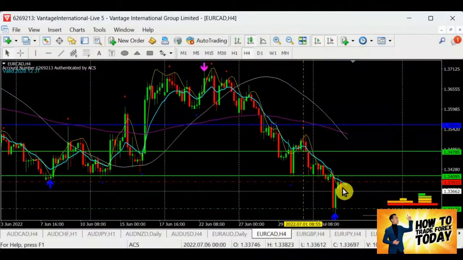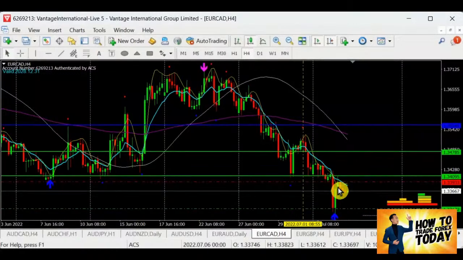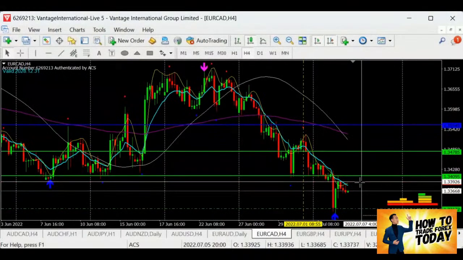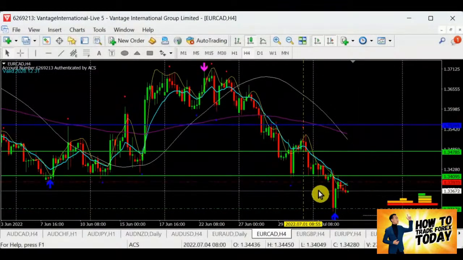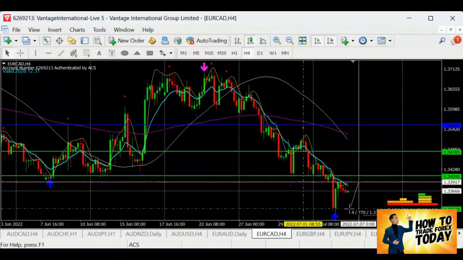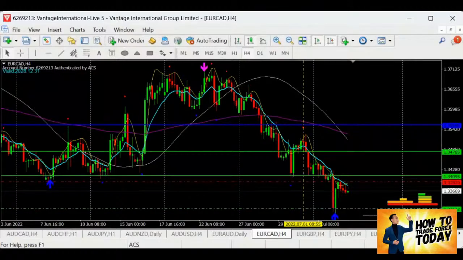So resistance is here, let's wait for EURCAD to retest this level. Okay, then probably another 30 pips. I think it's quite reasonable. Then from there, if it's not breaking out, then we will have a good space to sell for another 70 pips. Okay, EURCAD. All right, EURCAD. I'm going to put this into my watch list.